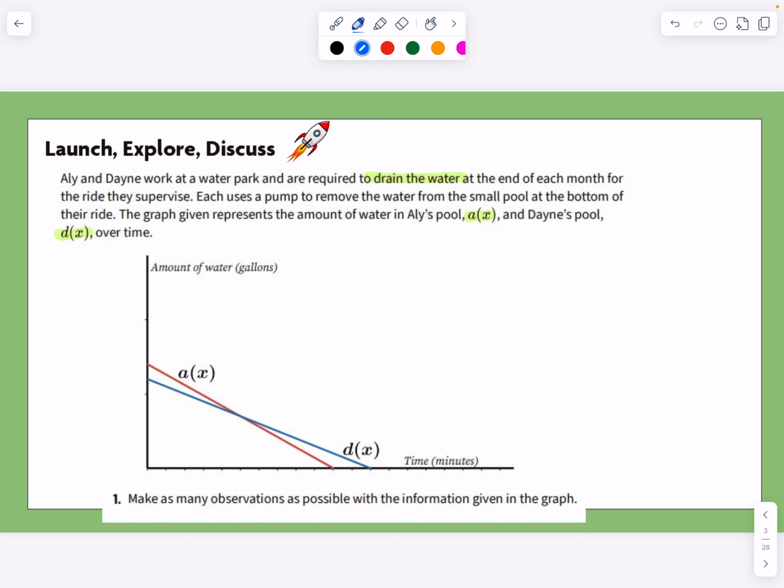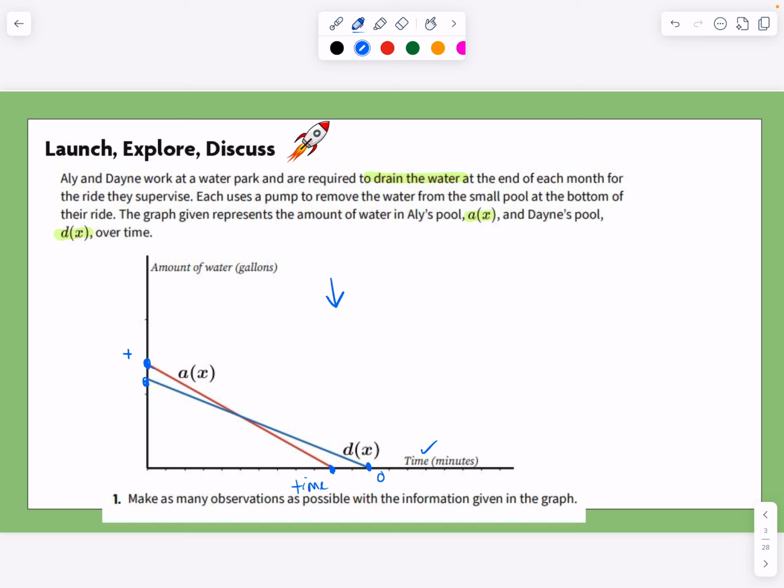So we have a couple graphs here. We can see Allie's line is the red one, right? Starting at this point and coming down to here. And we can see also we have Dayne starting here and going there. So a couple observations you can make is, of course, that they both are decreasing, right? They're both going down. They're starting up here and they go down to here where there's nothing left. We can see, for example, that Allie's looks like she probably starts with a little more water in her pool, and it tends to drain faster because if this is time here, it says that it gets done faster